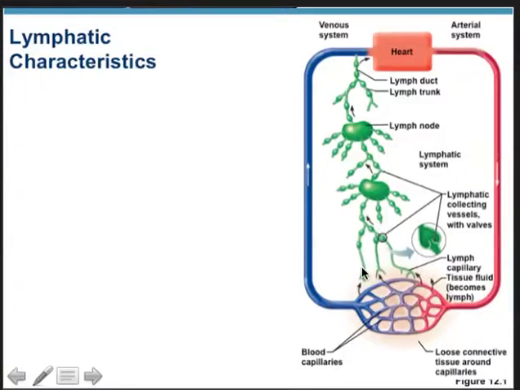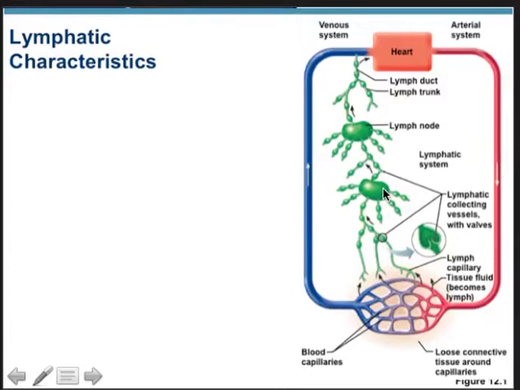move through this milking action through one-way valves, making it ultimately to lymph nodes, which are organs that are going to contain very special cells that are designed, number one, to engulf and display little bits of pathogens called antigens on their surface, and the cells that respond to those antigens, which are called the lymphocytes. Okay, and then what they do is they populate these organs, and when they encounter an antigen that they recognize, this will stimulate the lymphocytes to divide. They'll build a standing army, and they'll go out and they'll actually